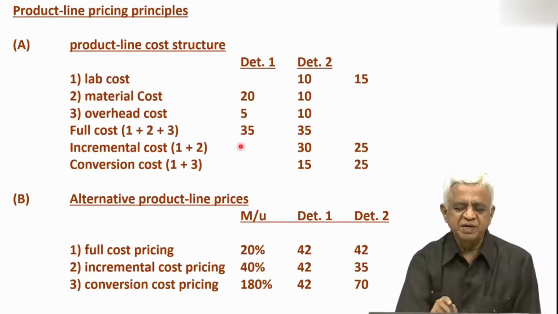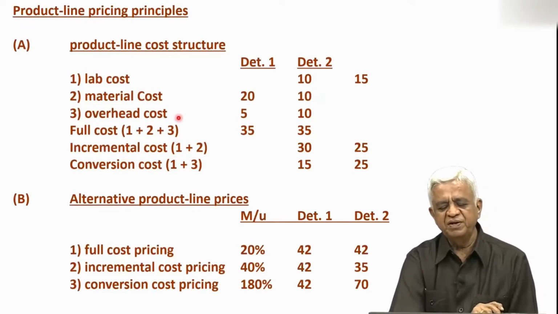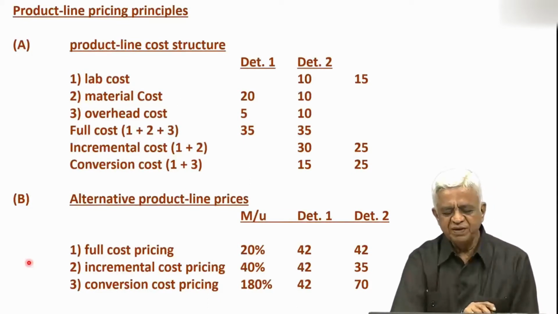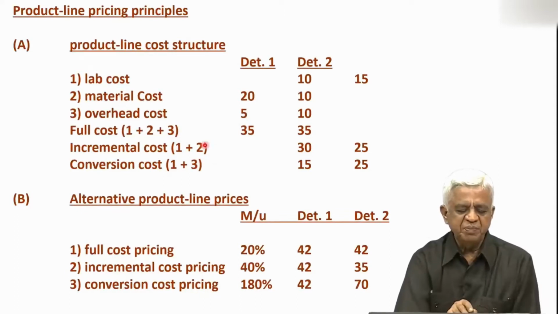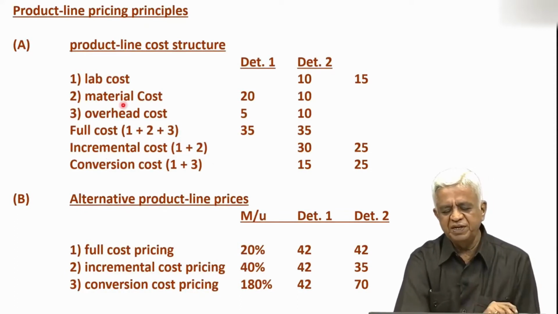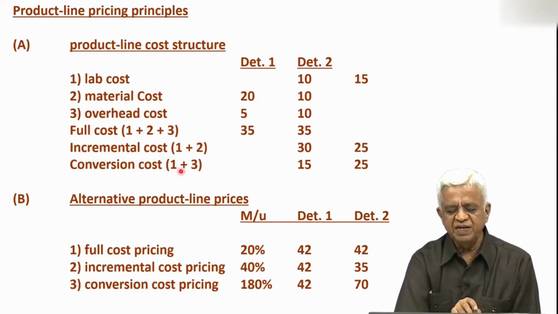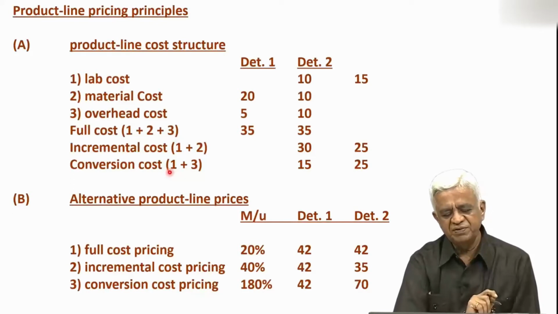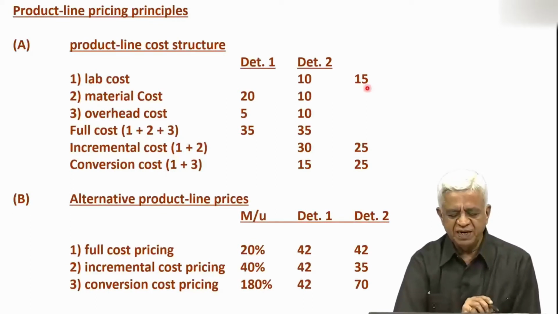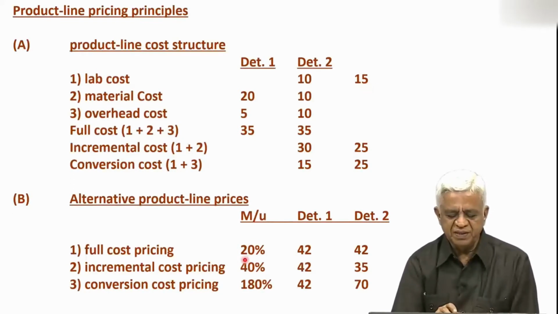For this particular detergent 1, suppose you adopted the full cost price, then it is labor cost plus material cost plus overhead cost. This could be one pricing. The other method of pricing could be based on incremental cost, that is labor plus material, or it could be on conversion cost, that is again labor plus overhead cost. So, if you adopted that, you may find when you look at the markups that you should do for these detergents,